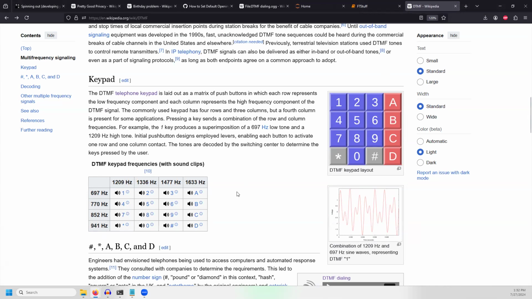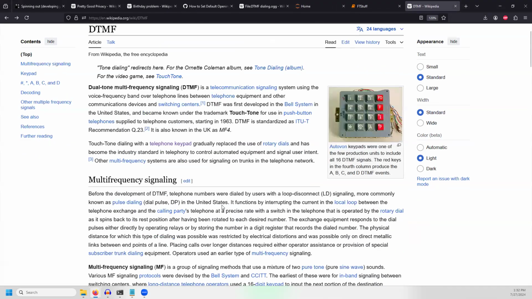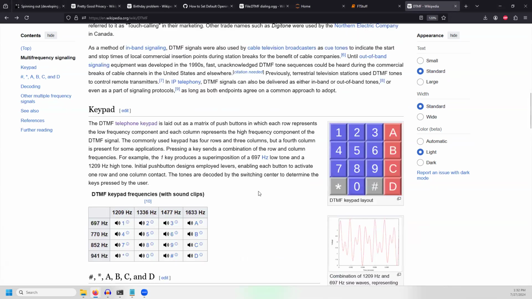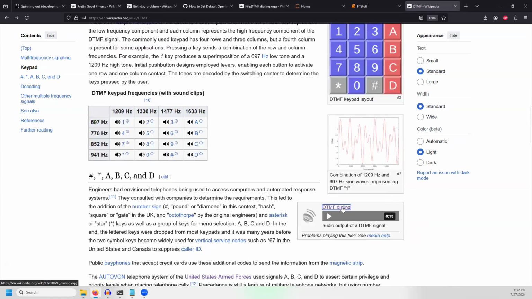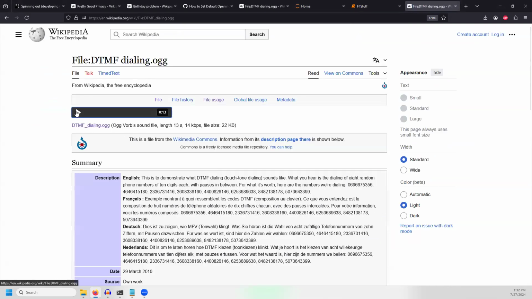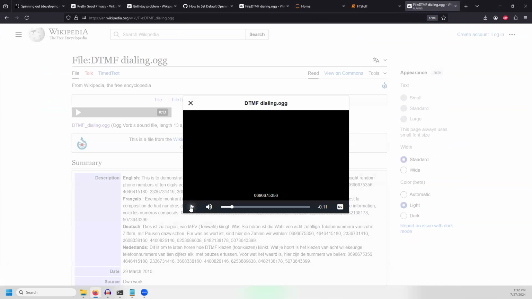I think the computer audio should be coming through okay. So if you go to this Wikipedia article and play one of these, let's see, DTMF dialing. So that's like auto dial type business. And that is very difficult for the ear to tell how many different numbers are put in on the phone. Kind of sounds like six,